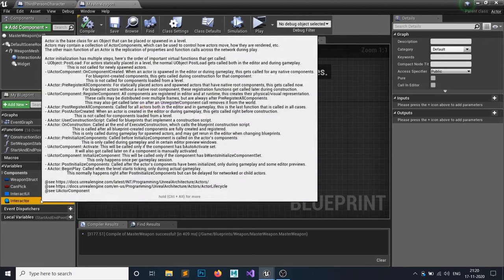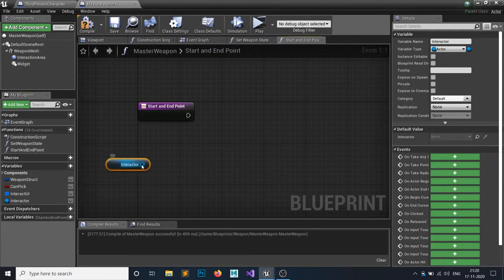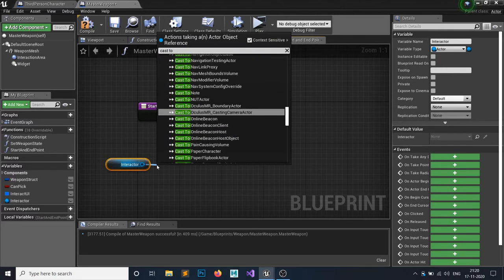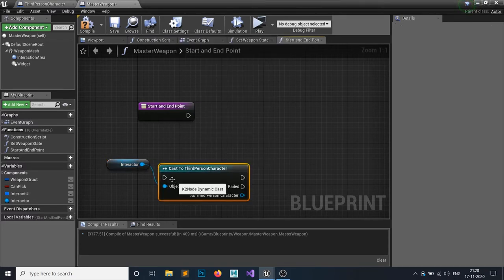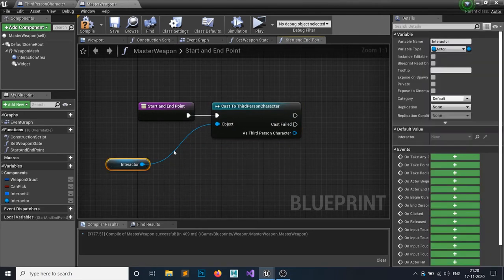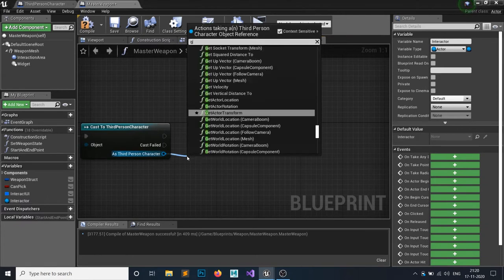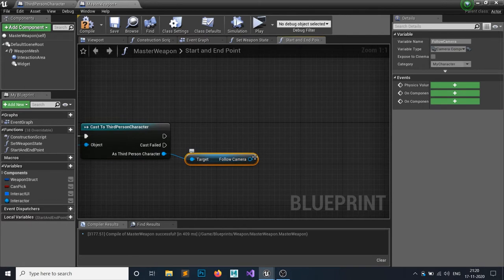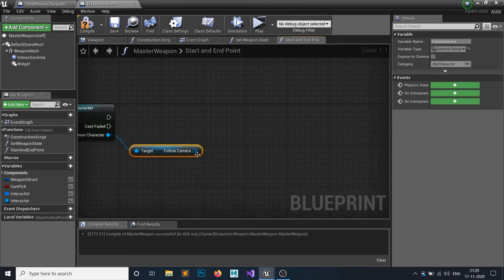And now we have the interactor. So I will simply cast to third person character, and from the third person character I will get the follow camera, and from the follow camera I need the world location, because I want to shoot from the center of the direction.